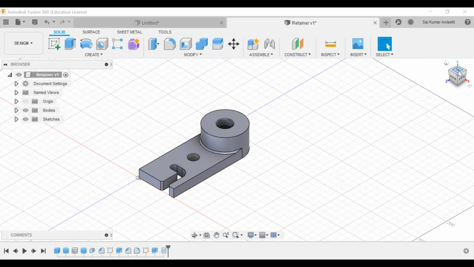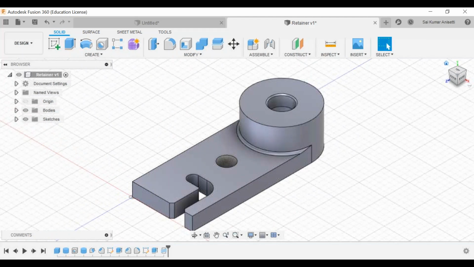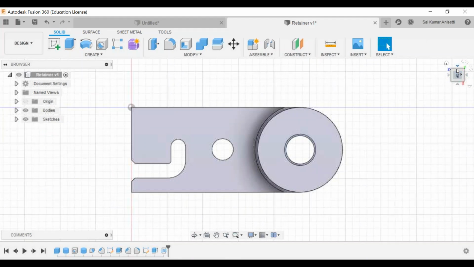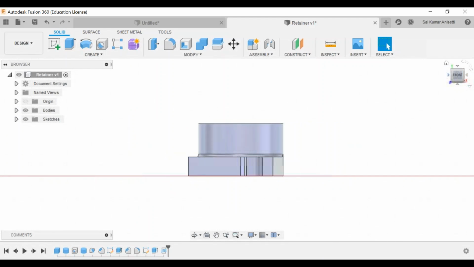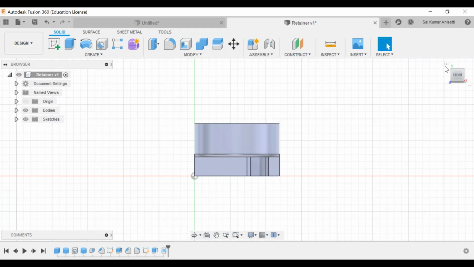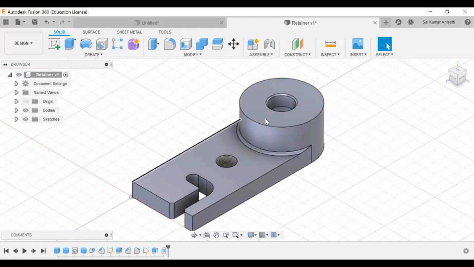This is your default view. If you click home, you can go to the default view. If you want to go to your default top view, click this. That is called a default top view. Default right, default front. Okay, default isometric view. This is how your default isometric view is.